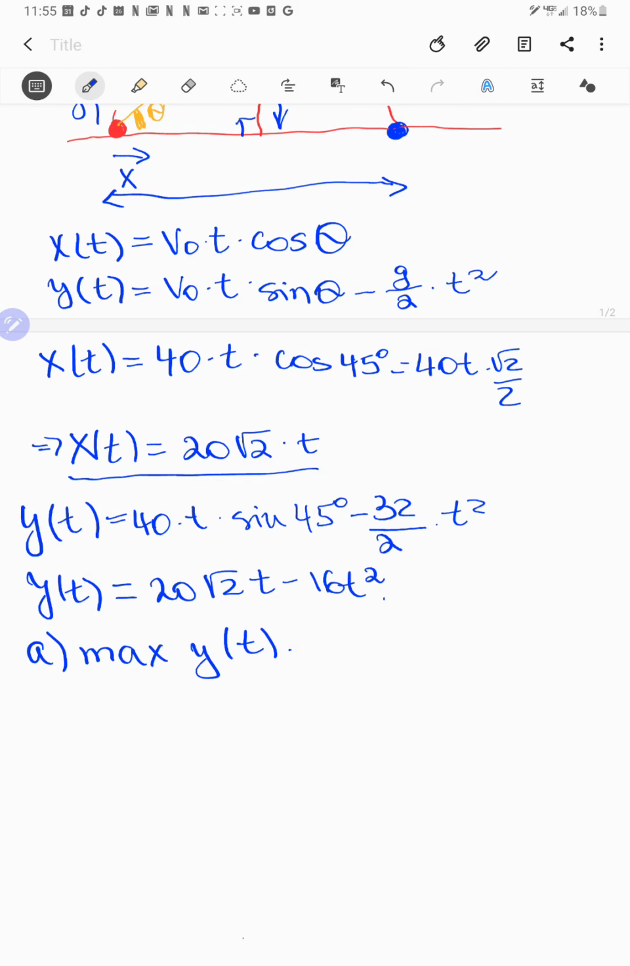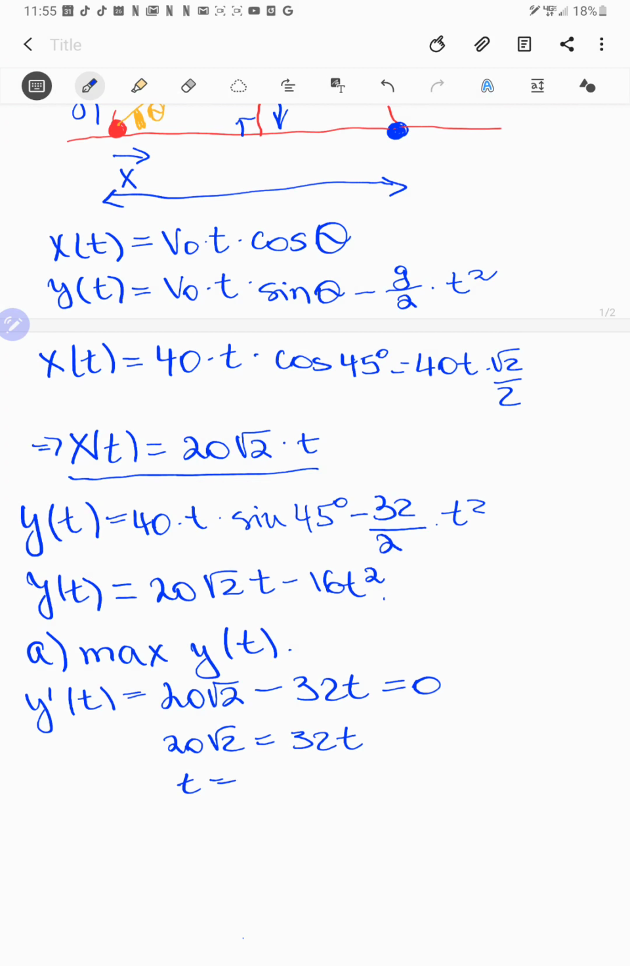And if you remember, when we are maximizing something, we need to find the derivative and set it equal to 0. So we are doing y prime of t, and that would be 20 square root of 2 minus 16 times the derivative of t squared, which is 2t, that will become 32t, and we're setting this equal to 0 and solving for t. So that would give us t being equal to